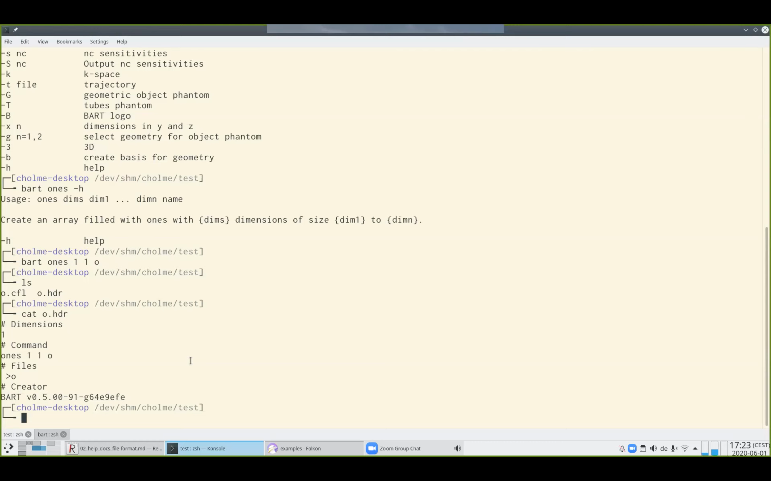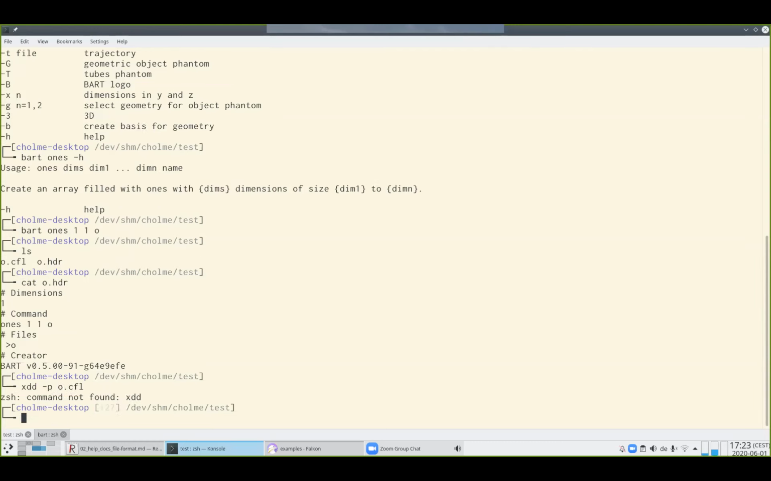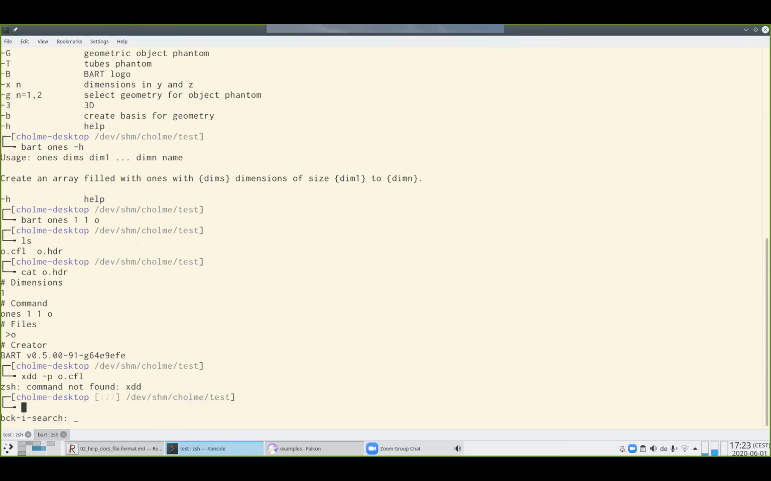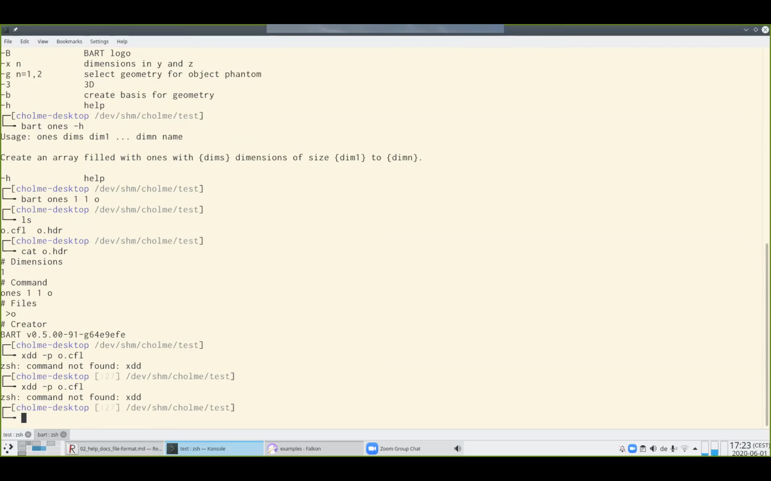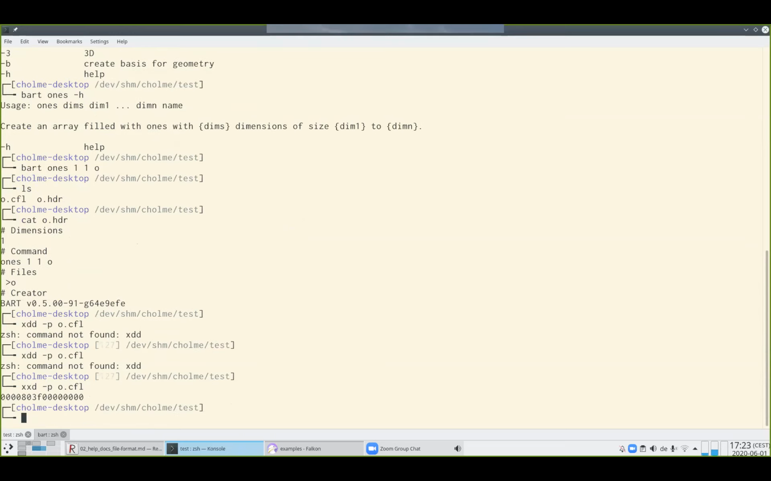And if we look at the CFL, that's a bit more difficult, but we can just do a hex dump. Oh, what? Okay, I'm confused by why that doesn't work. Probably doing something wrong here. Oh, yep, I can't type. I'm sorry. If we do a hex dump of that file,